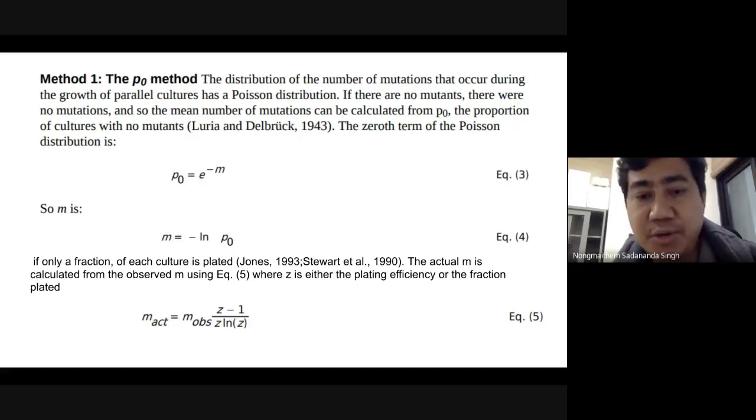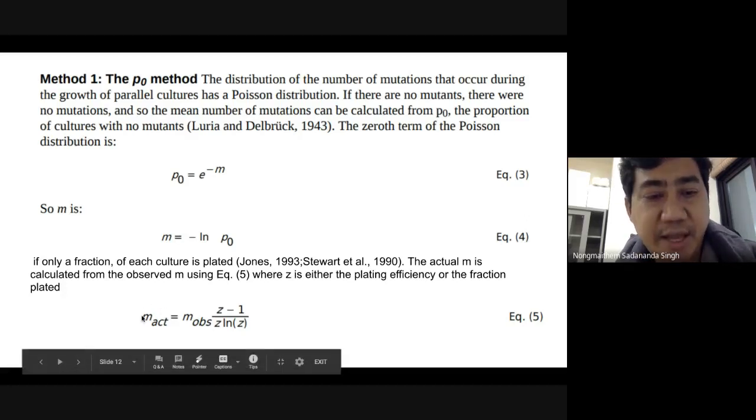So how do you adjust for that partial plating when you do experiments? Many times plating the whole culture may not be viable. In that case, how to correct it is: m actual,